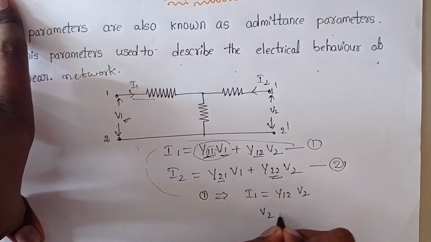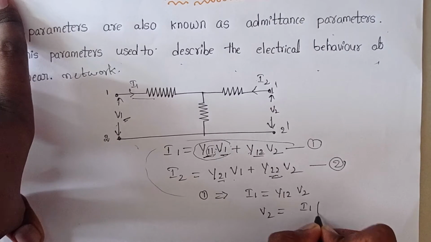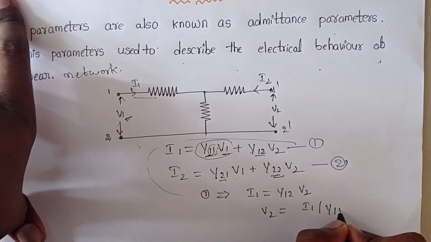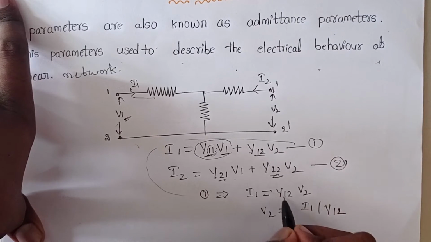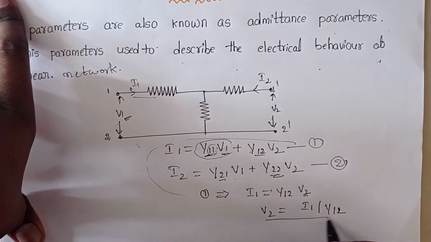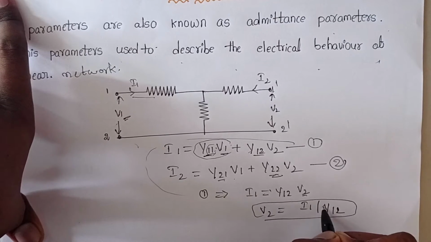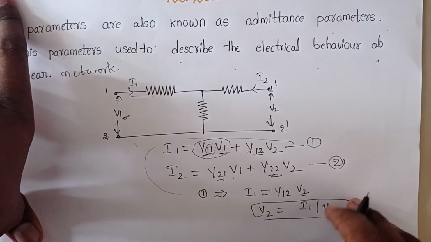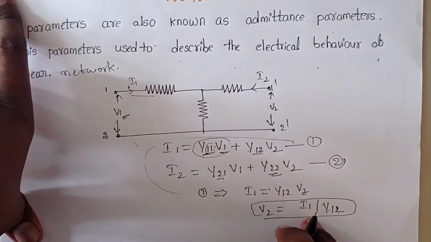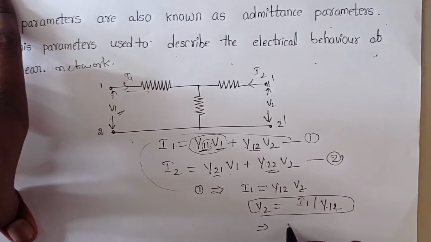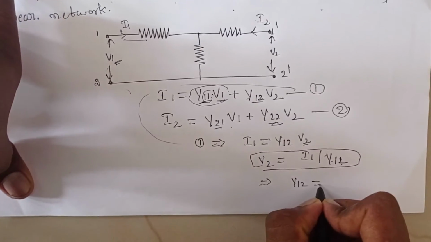Now V2 equals I1 by Y12. From this equation we can get Y12 equal to